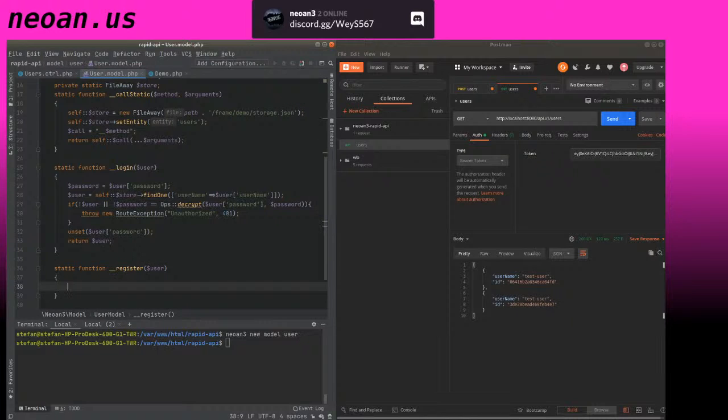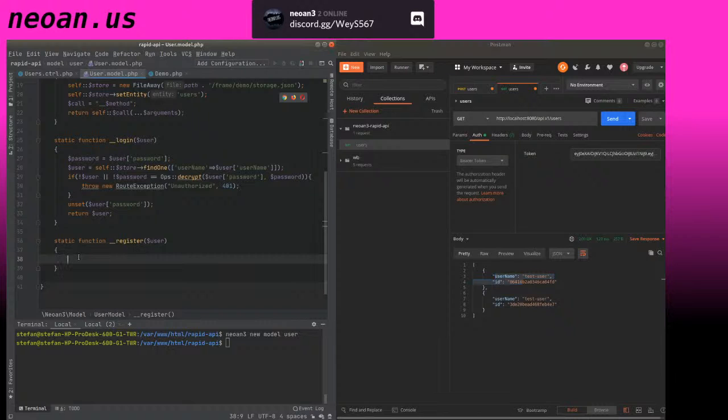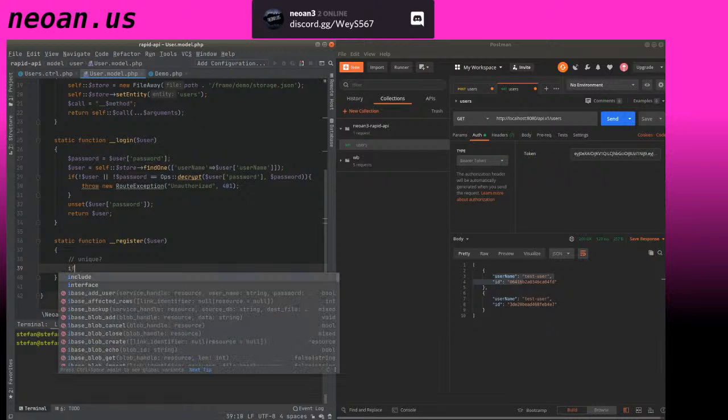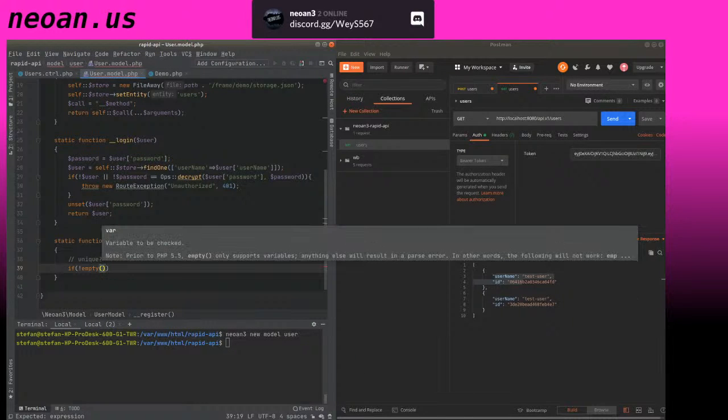And here we basically say, and this is something I want to prevent because it happened to us already, let's quickly do a unique check, right? And say, well, this username doesn't really work. So if not empty,